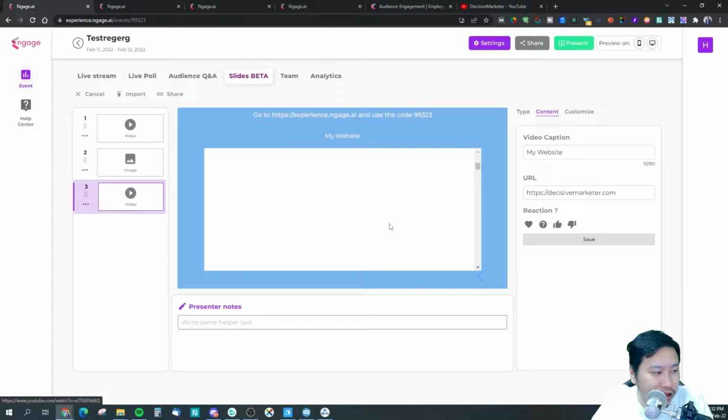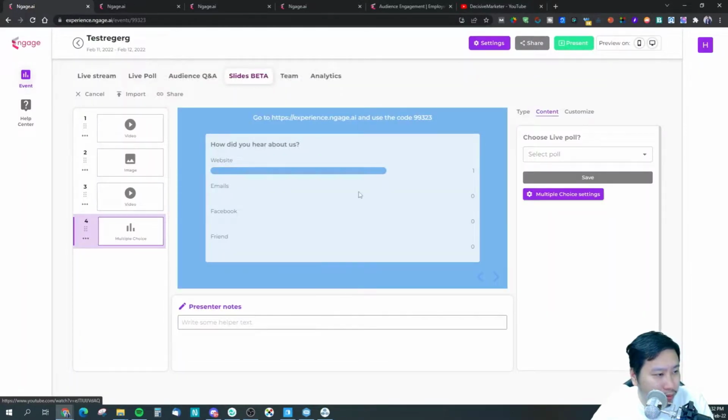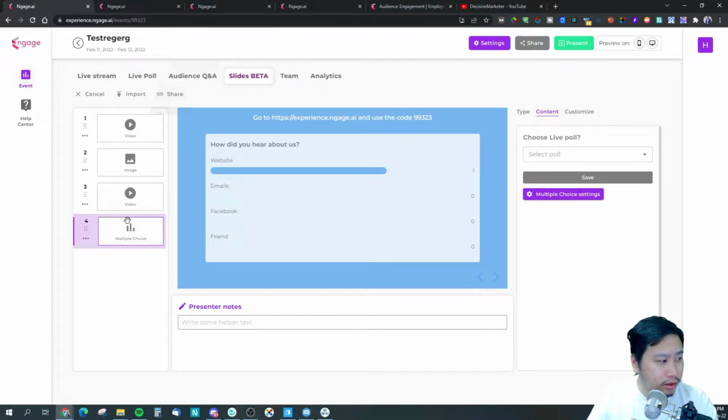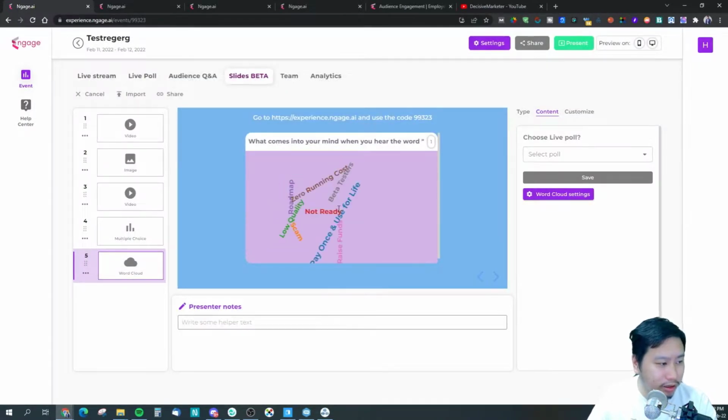Right. Okay, so we can jump back to type again, and there's a lot more options. I can actually have my results in here. So I can then turn the options, the results, into slides. Okay, so word cloud. So let me save this. Okay, and then the word cloud appears right here.